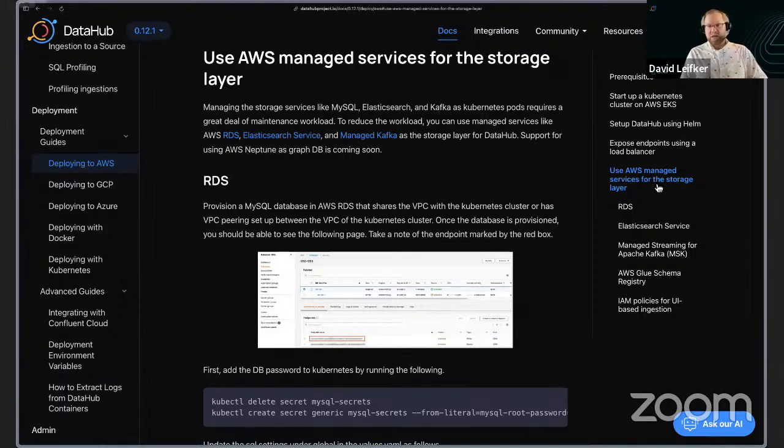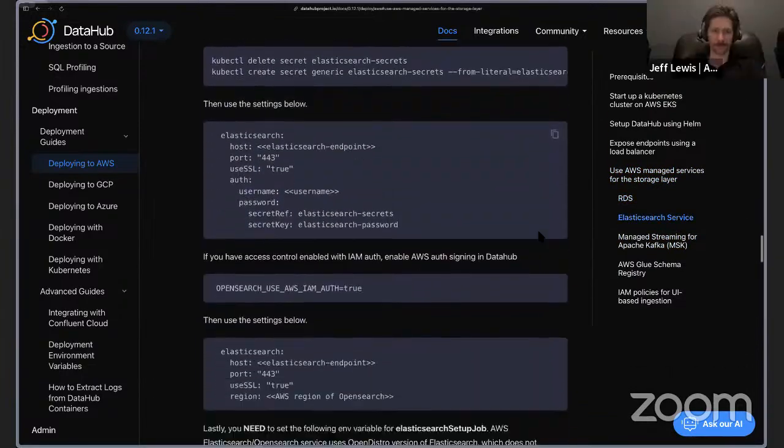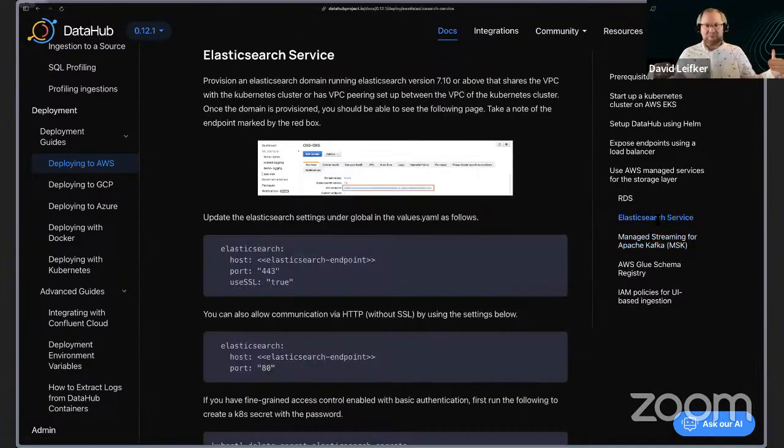The primary data store, as mentioned earlier, is going to be some sort of SQL storage, typically MySQL or Postgres provided in AWS by RDS. Then some instance of Kafka, which for AWS is MSK, listed there on the side. And then some form of Elasticsearch. Those are the fundamental pieces of the data storage layer. That's generally the harder part, just to have that infrastructure set up and available for you to use. The fallback is always running these data stores within Kubernetes, but then you have to deal with